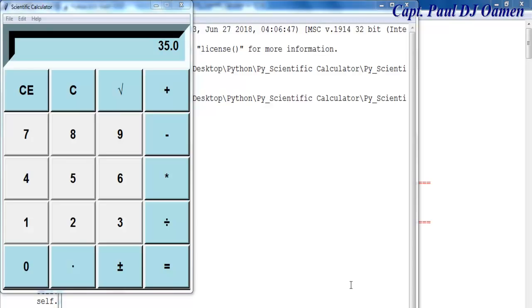Hi and welcome to Python Scientific Calculator. So let me show you guys how it works. Just like any other calculator, so we can multiply